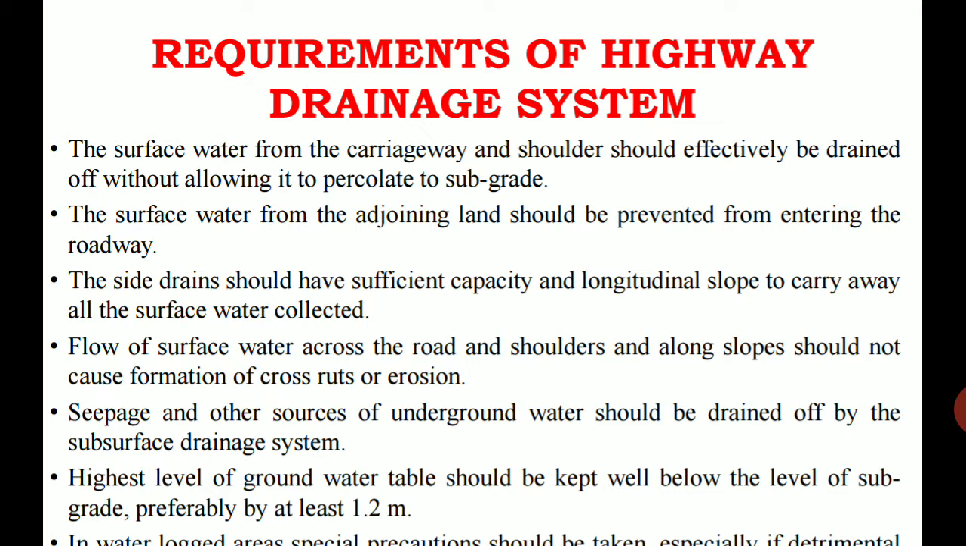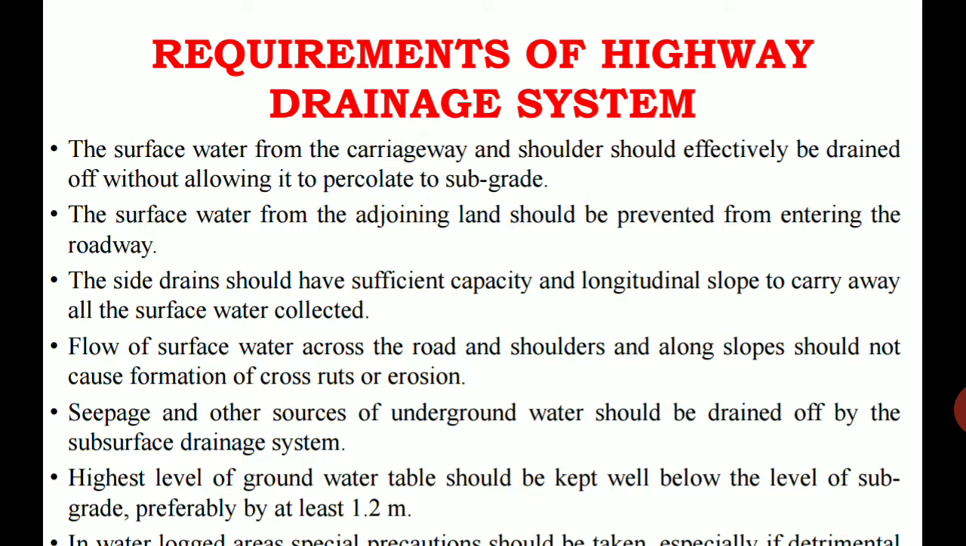Here, for example, you have constructed a road and there is a hill station nearby. Water from that hill may drain off and come over the right of way. For that also we need to protect the top layer, so the adjoining land water should not come onto the road. We need to avoid that by providing a proper drainage system. Okay. And the side drains should have sufficient capacity and a longitudinal slope to carry away all